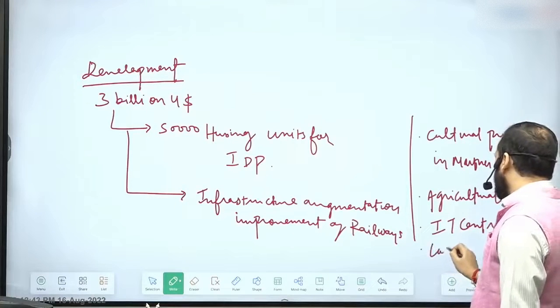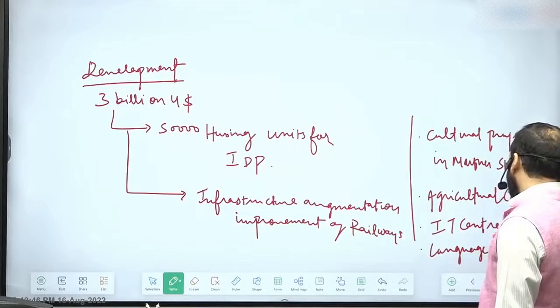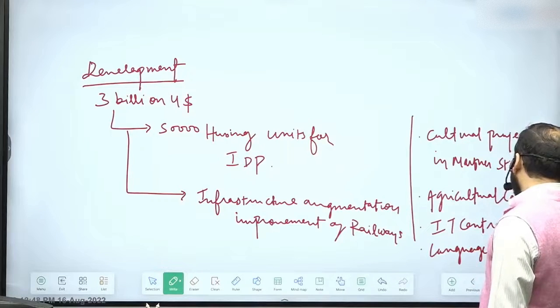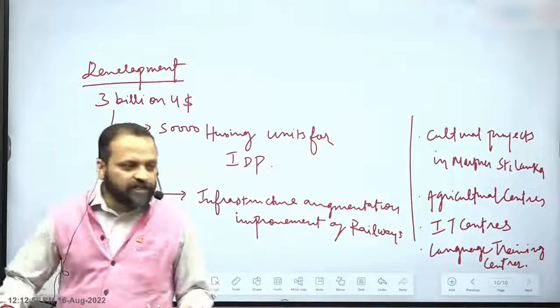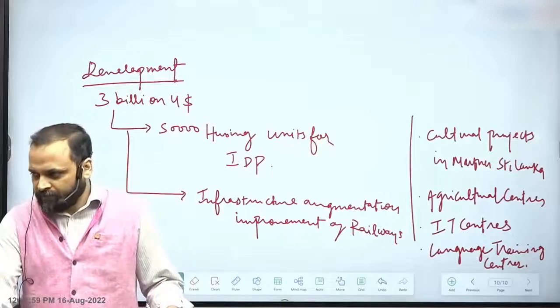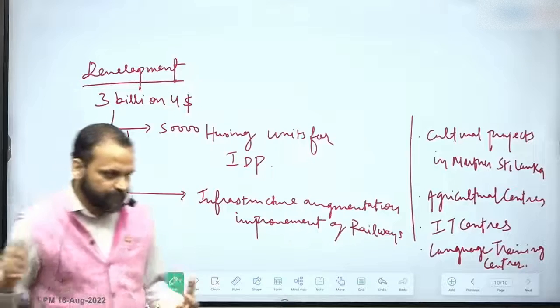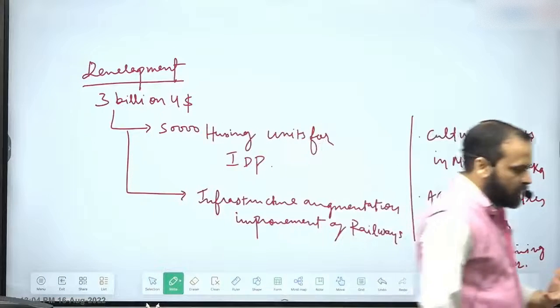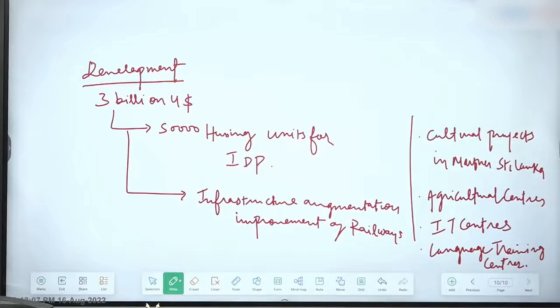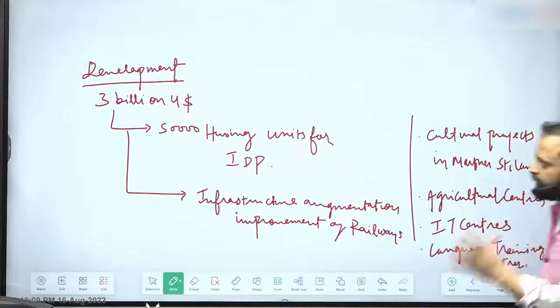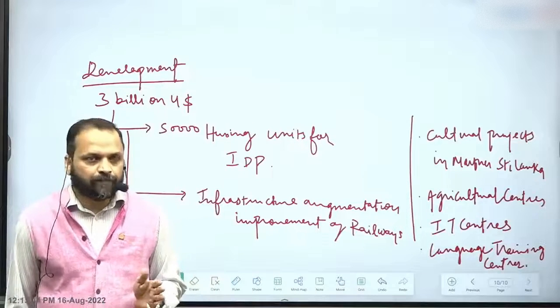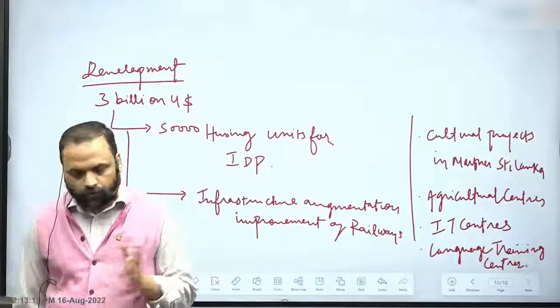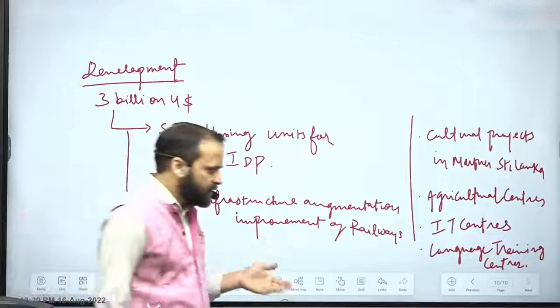India has supported building of language training centers. So in this way, India has consistently made an attempt to establish itself as a credible development partner of Sri Lanka. It is part of our image, right? That we stand for mutual benefit. Sri Lanka needs development support. We are providing whatever we can. $3 billion of development assistance to Sri Lanka. All right. So that is what we have done so far in terms of development assistance, and it continues.